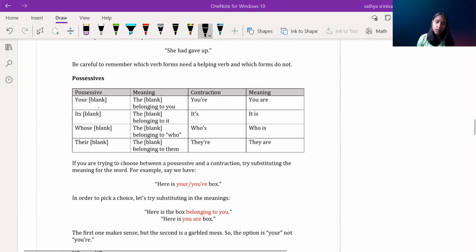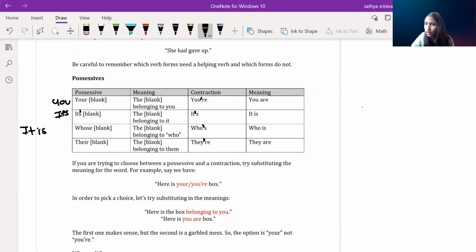That's not correct. Now for possessives, here is a chart with like the different possessives. So you have your, for like it's for your, it's here, and notice that you can't have an apostrophe here, right? Because apostrophe is it is, right? It's not for possession. Whose and their, right? You can't have an apostrophe in your, you can't have an apostrophe in its, you can't have an apostrophe in whose, or you can't have an apostrophe in their, because this all the points